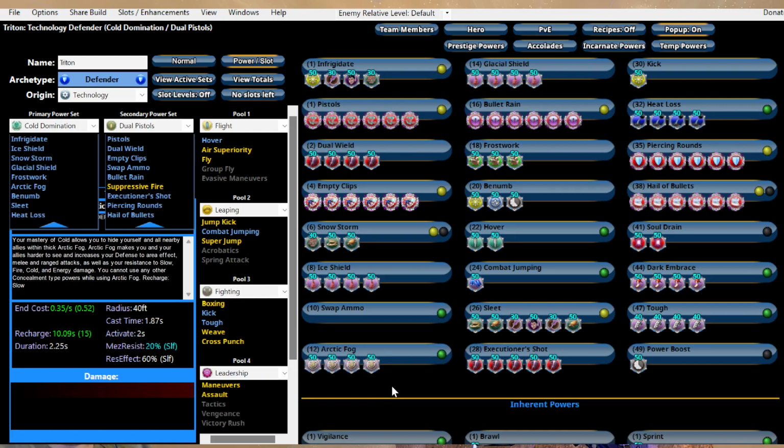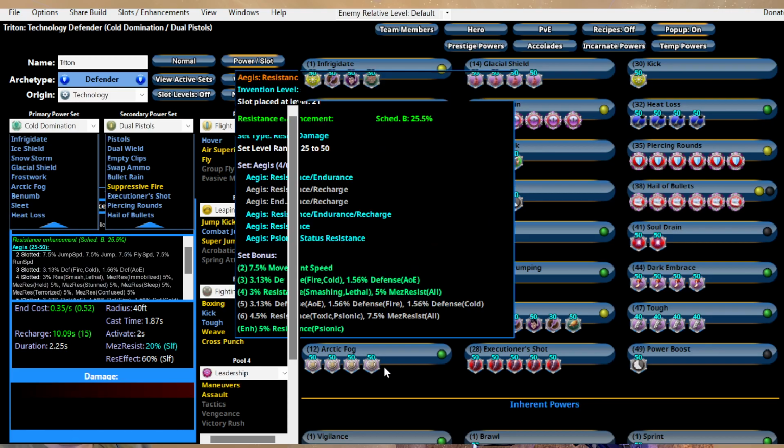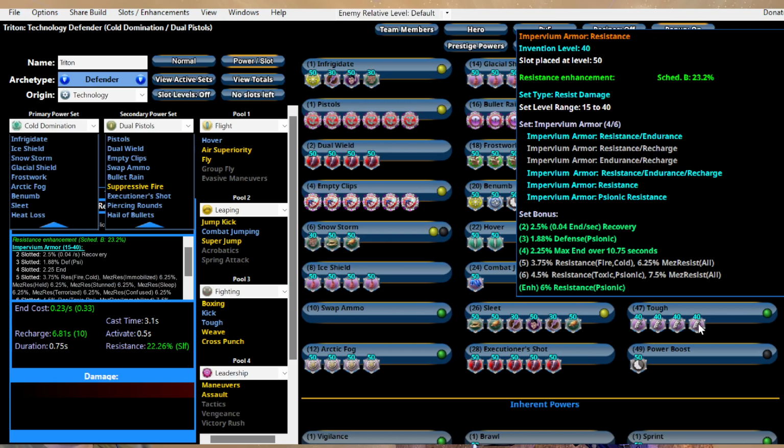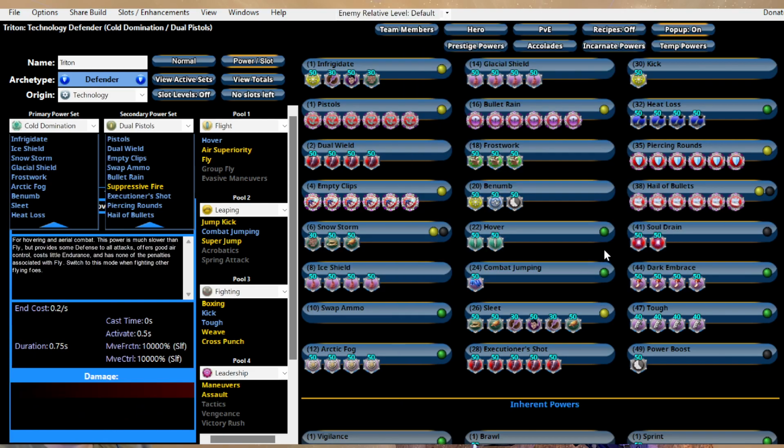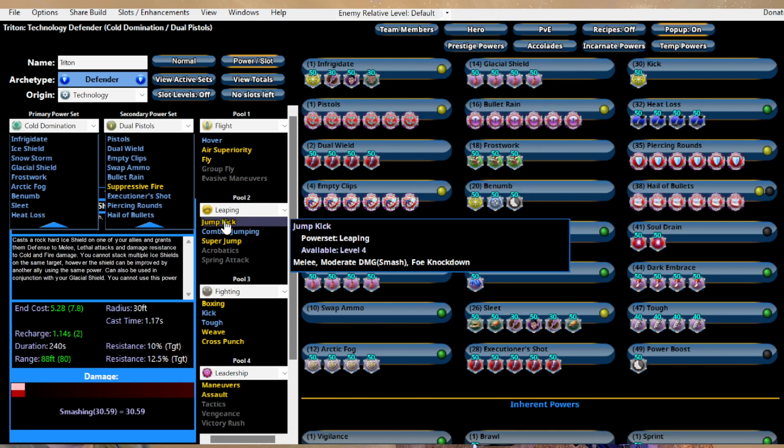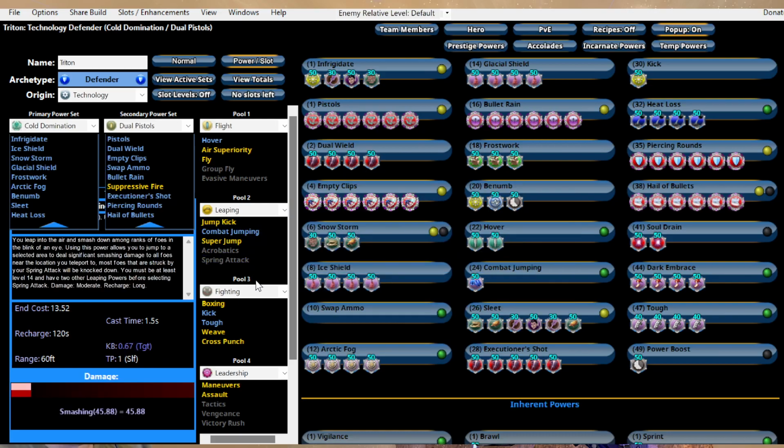The other sets I have are not super extreme or rare. I do have a couple of higher priced ones like the Aegis and the Impervium armor over here. They're not going to break the bank, but they add up with all the other stuff to make this a pretty pricey build. Then the other thing I have is you'll notice that I've really built for survivability on this